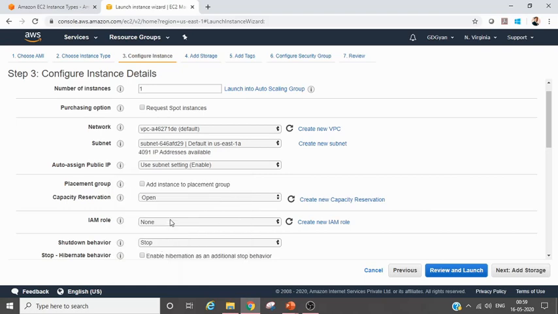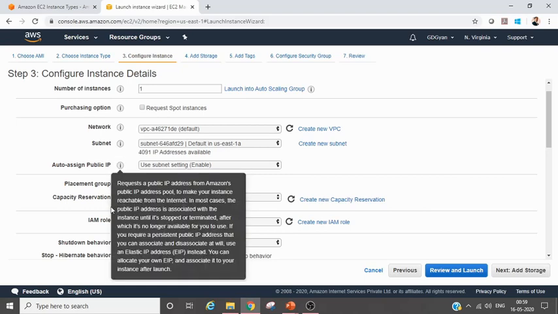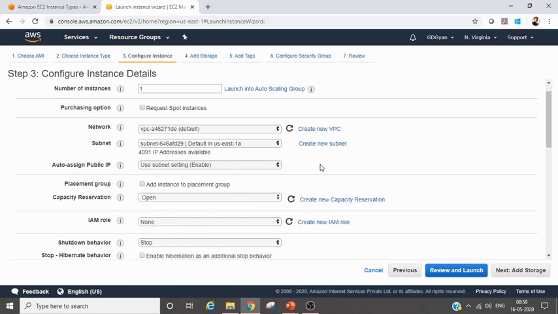Now, it's mentioning here, if you require a persistent public IP that you can associate and disassociate, use an elastic IP instead. You can allocate your own EIP. Okay, I'll come to that later. But for example, if you stop your EC2 instance, your public IP will change.